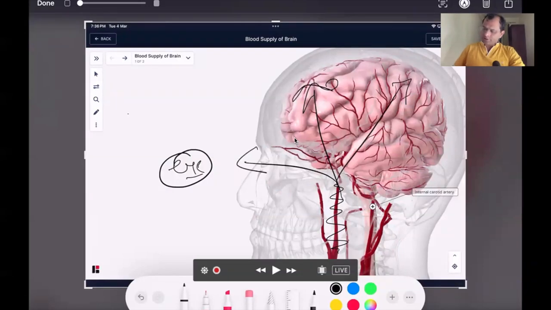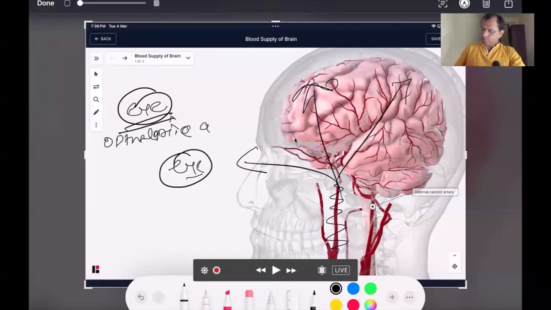If anyone is suffering with the problem of eye, means there is a problem in the ophthalmic artery, means we will be thinking for the carotid system, हम कैरोटिड सिस्टम के बारे में सोचेंगे। ओके,